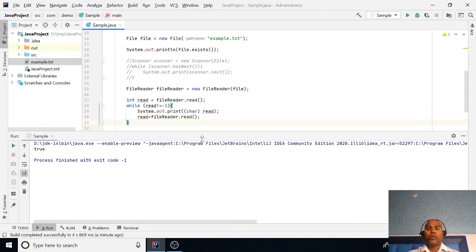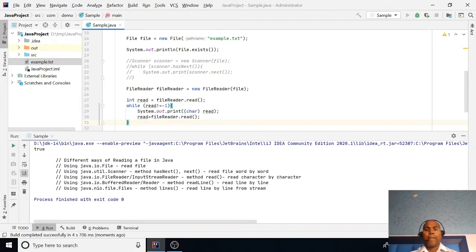We have to read in a while loop, character by character. Look at it. Now we notice we have read all our file content.